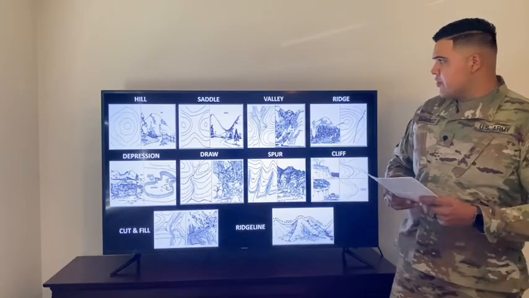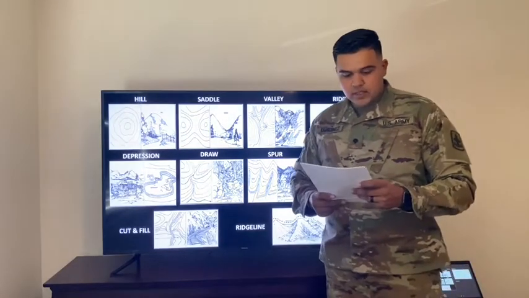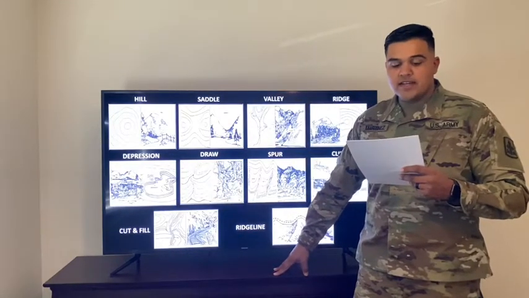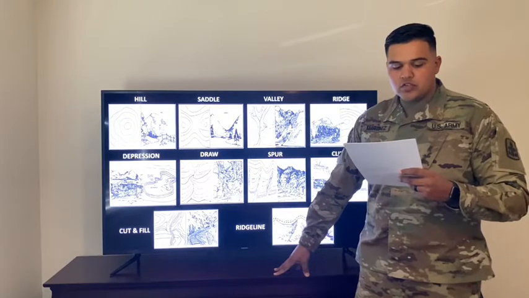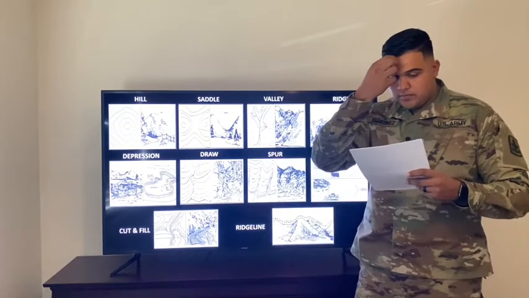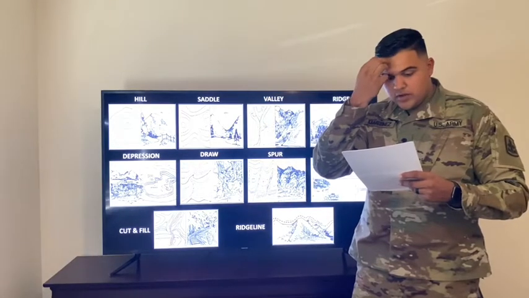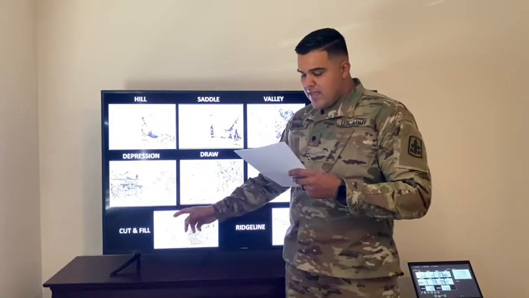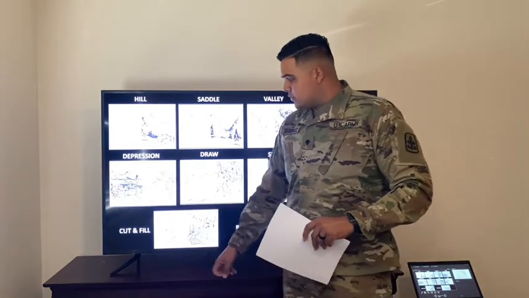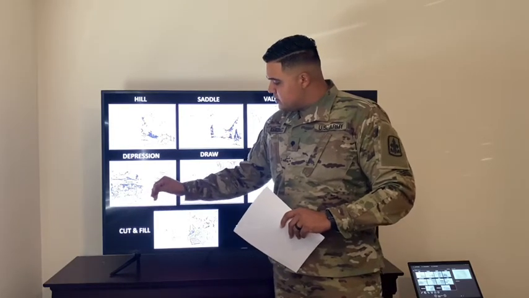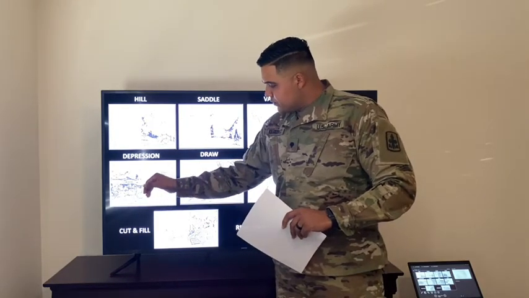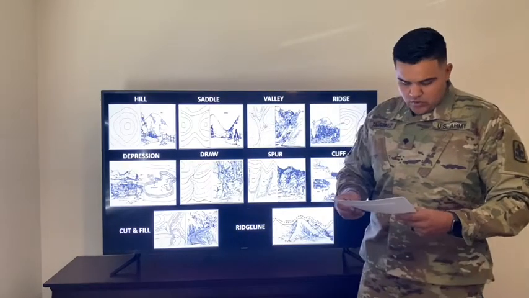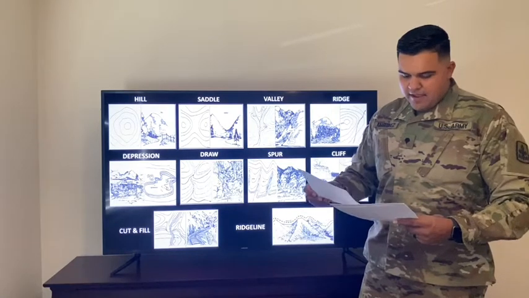Alrighty, the last one we have for the 5 major will be a depression, and that's right here. A depression is a low point on the ground or a sinkhole. It could be described as an area of low ground surrounded by higher ground in all directions, or simply a hole in the ground. Usually only depressions that are equal to or greater than the contour interval will be shown. On a map, depressions are represented by closed contour lines, and then they'll have tick marks pointing towards the lower ground. They don't always have the tick marks, depending on how deep it is, but you can normally identify it from the different contour lines that are pushing into it. So those are the first 5